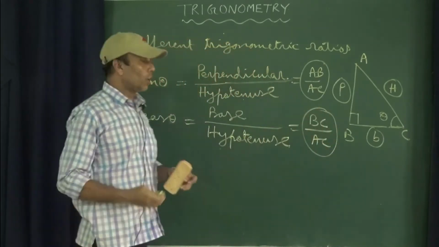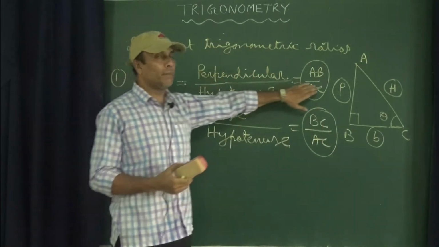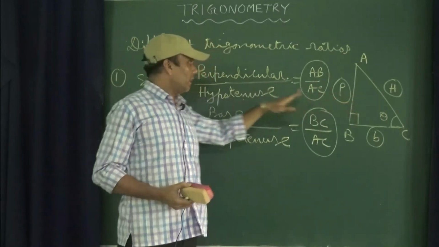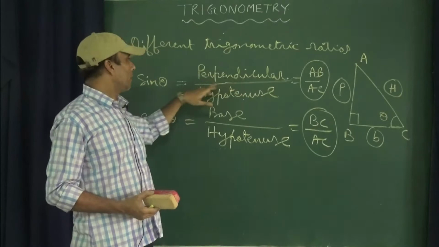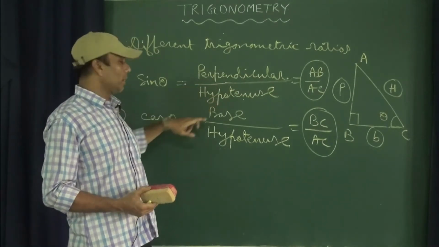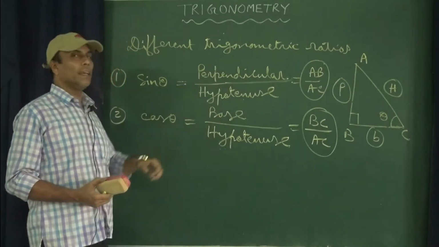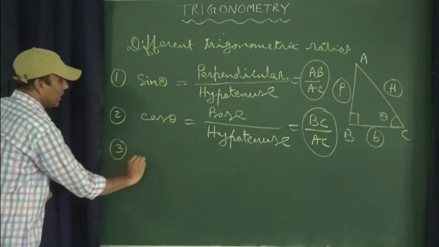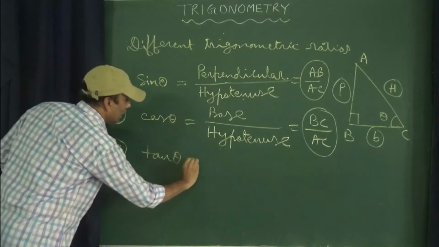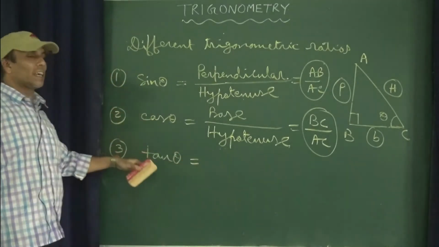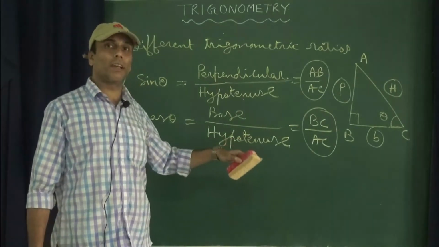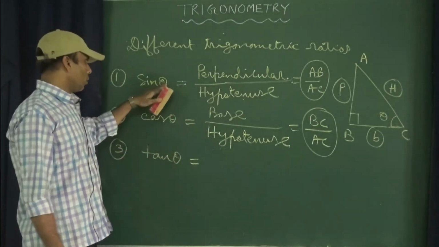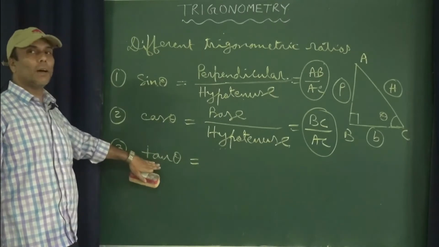So cos theta equals BC by AC. We have to remember this thing, because names may change. It depends upon the names given in the diagram, but this will remain the same always: sin theta equals perpendicular by hypotenuse and cos theta equals base by hypotenuse. Next comes tan theta. Sin theta, cos theta, tan theta are the different trigonometric ratios. We are going to discuss 6 trigonometric ratios. These two are sin theta and cos theta, then the third one is tan theta.